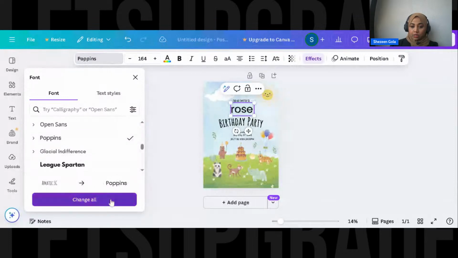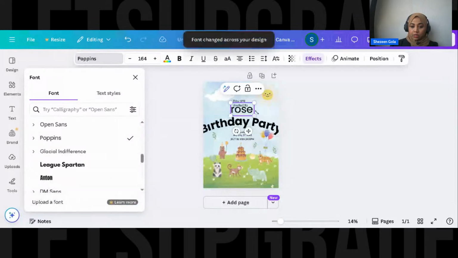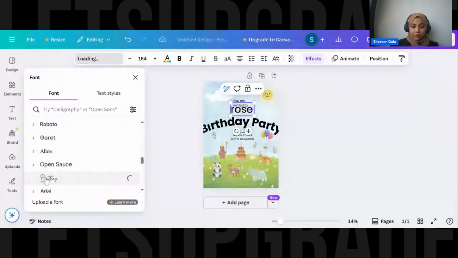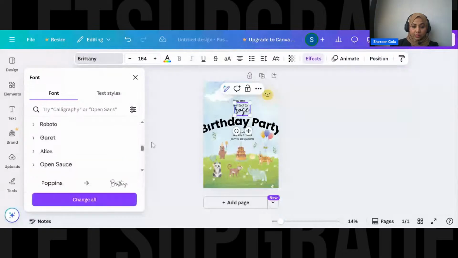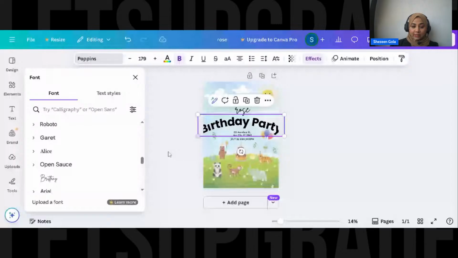So automatically all fonts will change and take the size of the previous one. But I think what we need is a curvy font. So let's use it, and you can change the size of this in fonts.